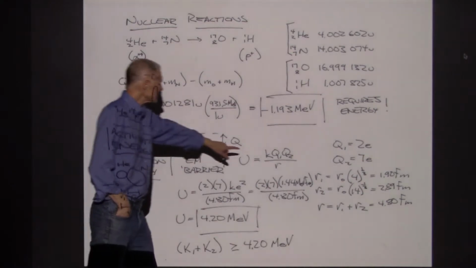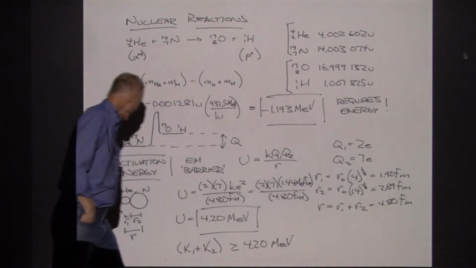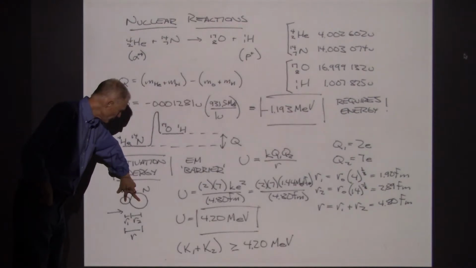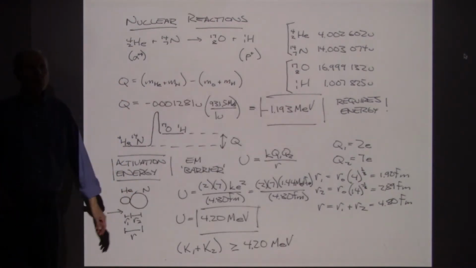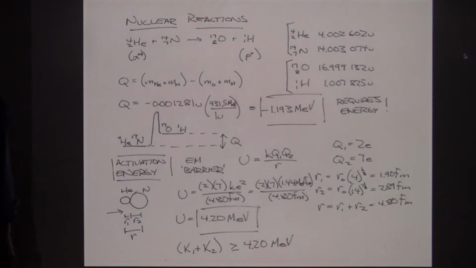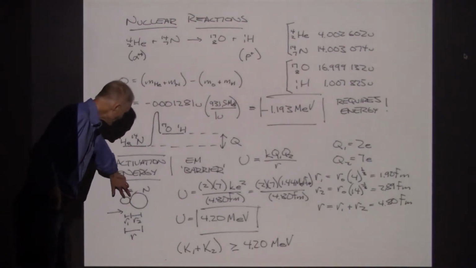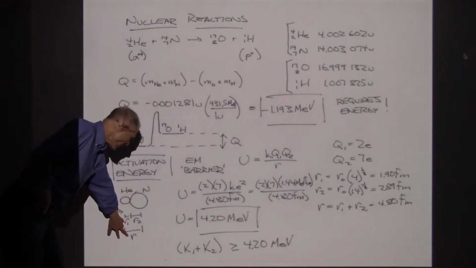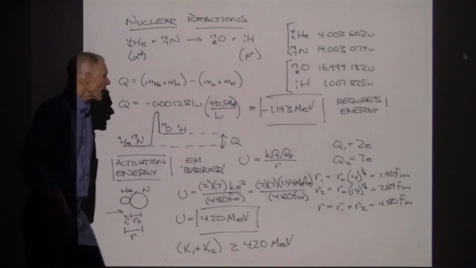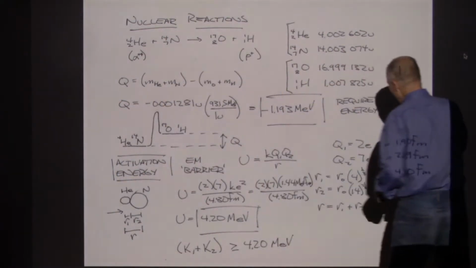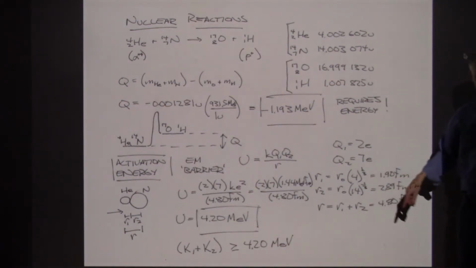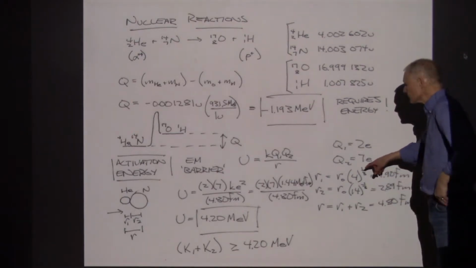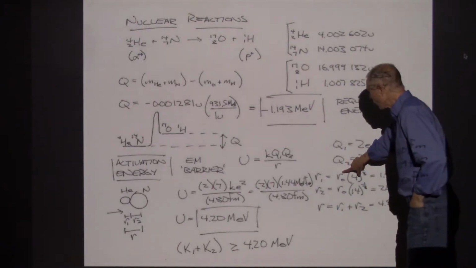Now what I have to decide is, center to center, how far are these spheres of positive charge away from each other? For that, we're going to call this radius 1, radius 2. The combined distance is R, R1 plus R2. And we can use the formula that we learned about back at the beginning of chapter 41, in the first section on nuclear physics, where they said that the radius of a nucleus could be written as R naught,